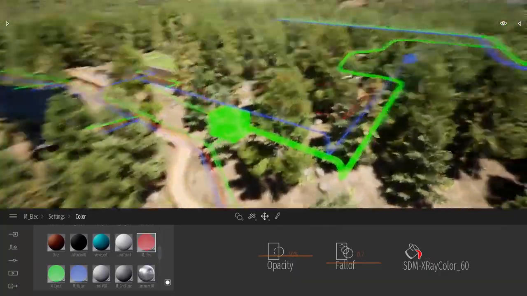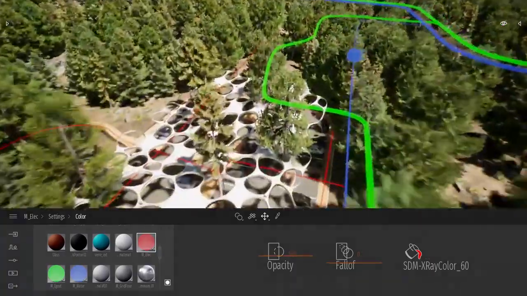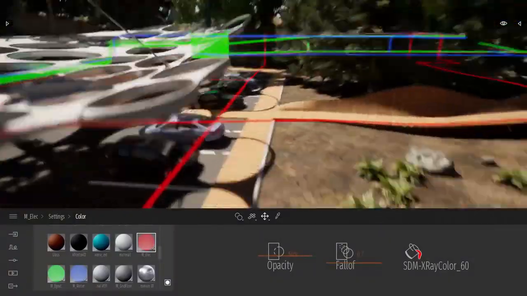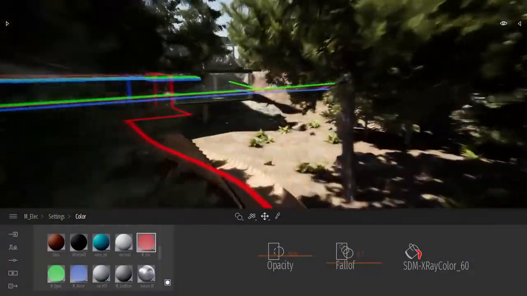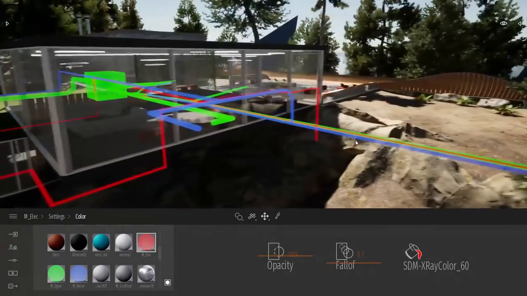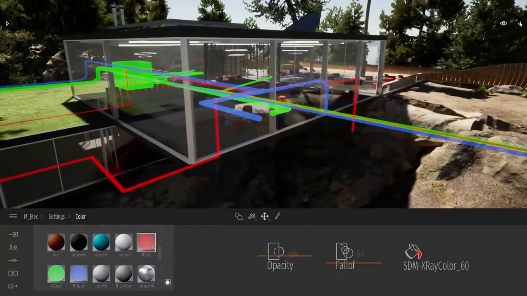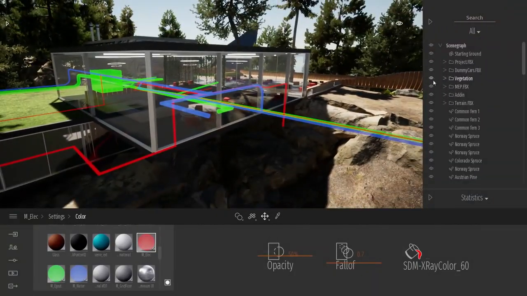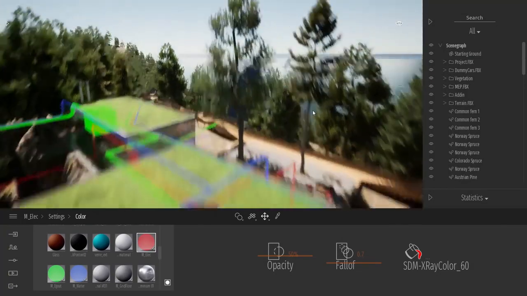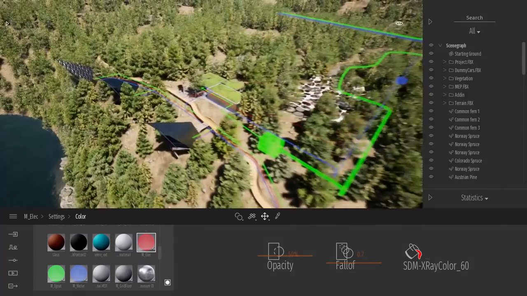And here now I can navigate through my project. I can see where the pipes are going, where the electricity, where the vents are going, while making my project review with my clients. And since in Twinmotion there is a layer system, you can just turn that on and off. You can also plug that inside your media.